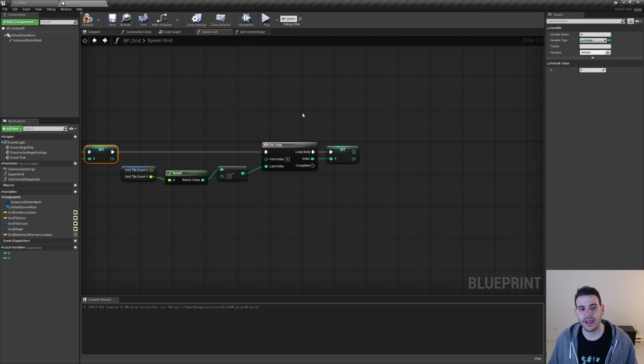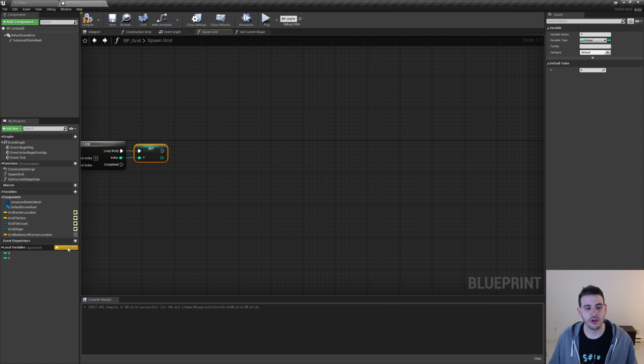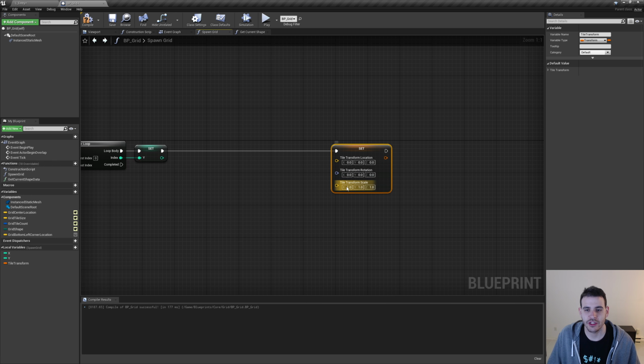And now if we combine the x and the y plus the grid bottom left corner that we set a little bit before, we have everything to find out where the tile should be in the world and set its transform. So let's do that. I'm going to start by creating a new local variable, which is going to be tile transform. I'm going to change the variable type to transform, and I'm going to drag it in the graph and do a set. I can connect it after my set y, and I'm actually going to split the pin here to have access to the location, rotation, and scale